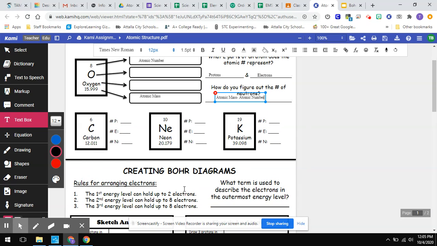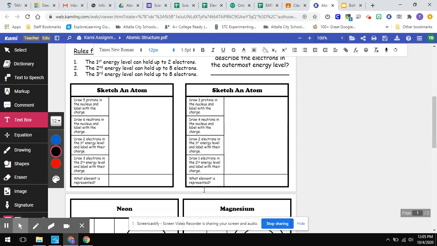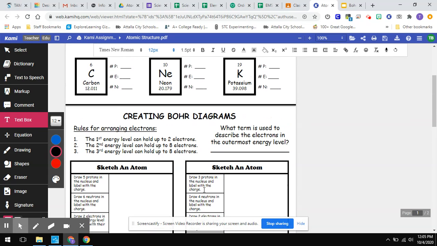Now, Bohr atom diagramming. Some of you guys, especially you remote guys, have not really gotten a lot of instruction about this, so I want to go over it with you for a little bit. There are some rules when it comes to Bohr atom diagramming. The electrons are what we will primarily be diagramming. The protons and neutrons can just go on the inside of the atom, and you could literally just put, say for carbon,